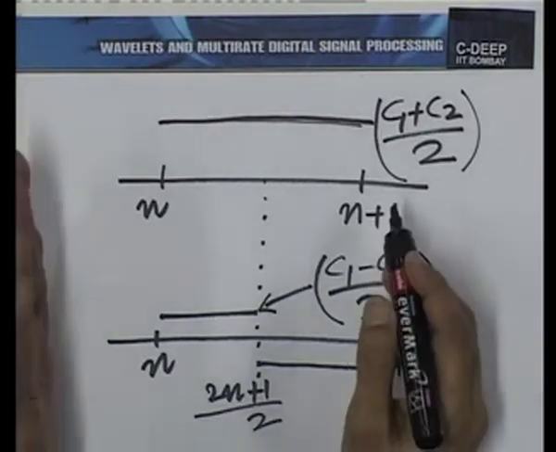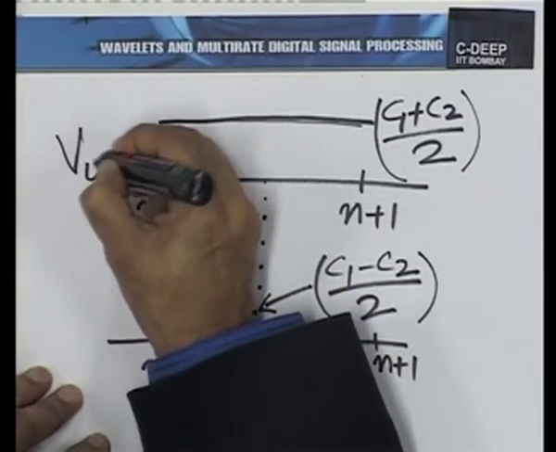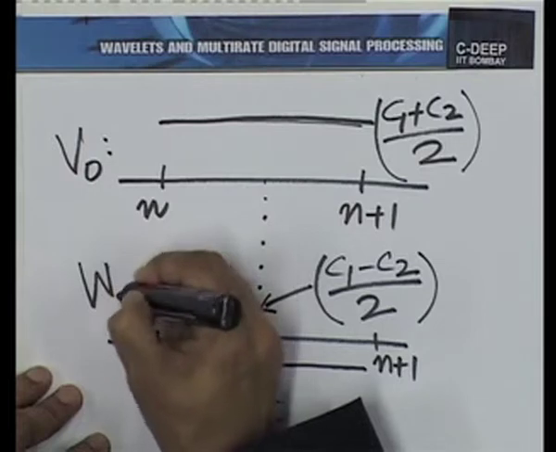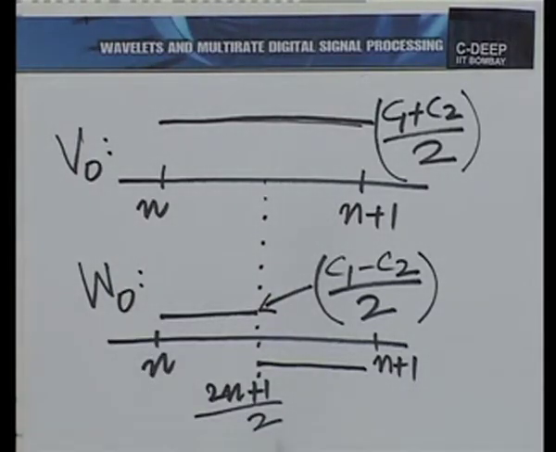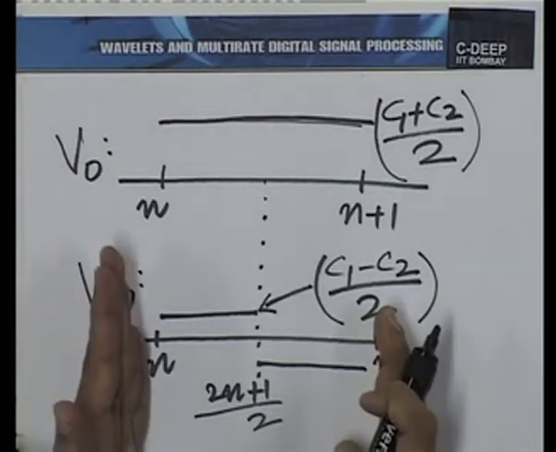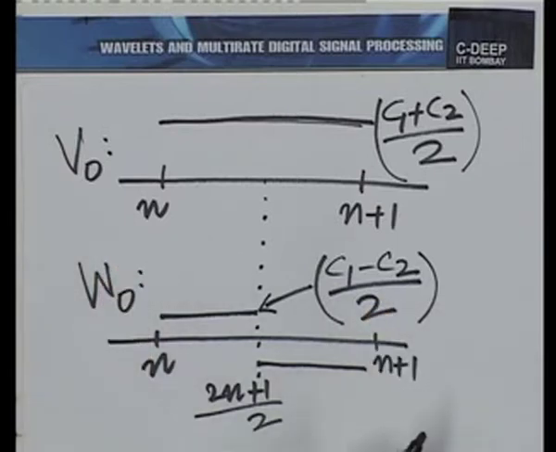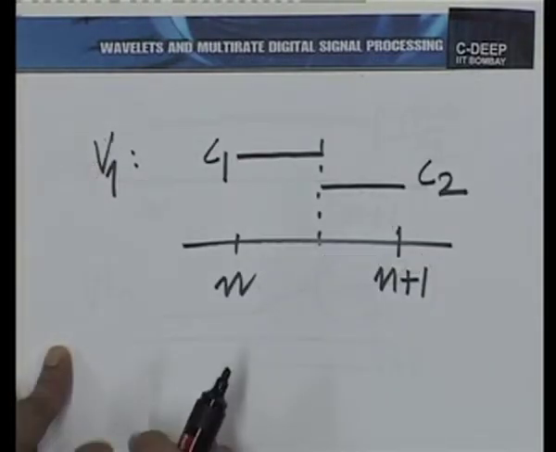So, what I am saying is the function coming from V0 and the function coming from W0. I am just showing one segment of each of these functions. The same thing can be done for each of the intervals n to n plus 1. What I am saying is that this function, whose segment over n to n plus 1 I have shown here, being C1 on the first half interval and C2 on the second half interval, of course, it belongs to V1,